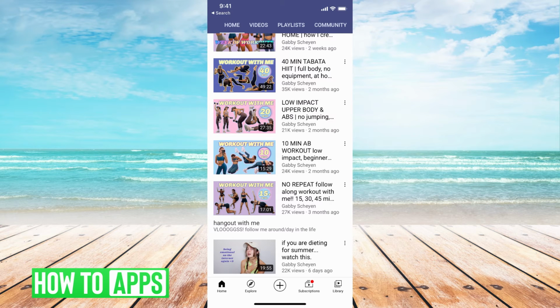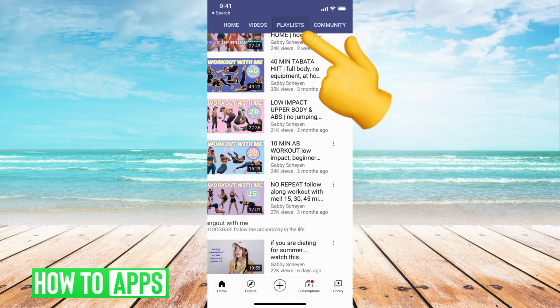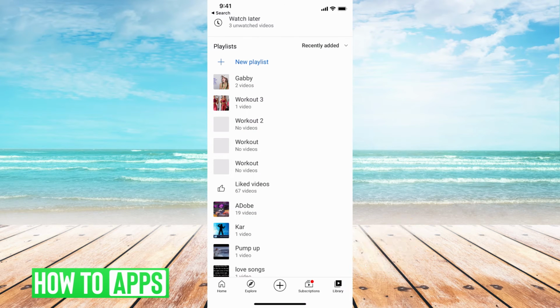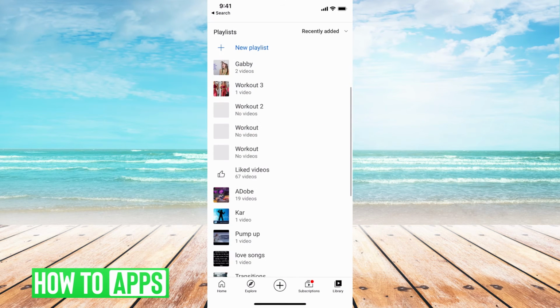Now to locate that playlist, all I have to do is either hit playlist at the top of my screen, it'll bring me over to playlist, or if I'm here, I can hit library and it'll bring me all the playlists here. If I want to edit that playlist, all I have to do is click on the playlist, let